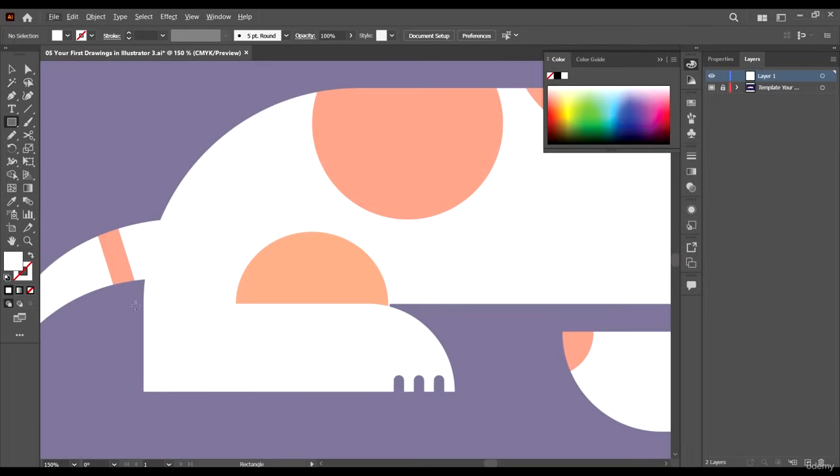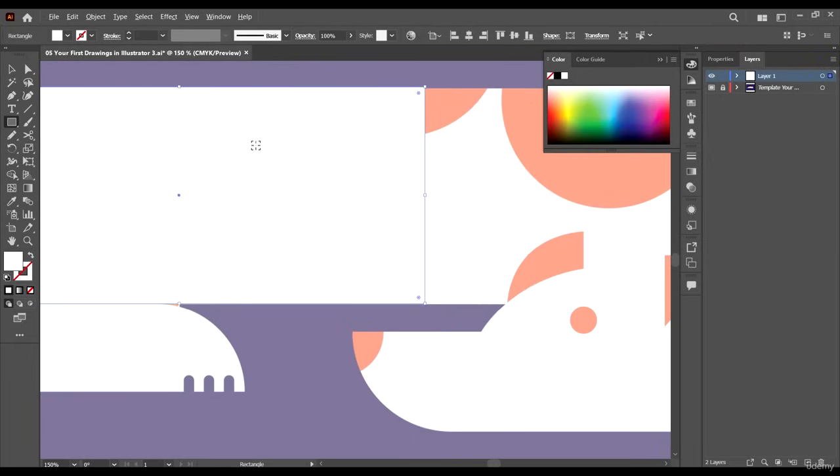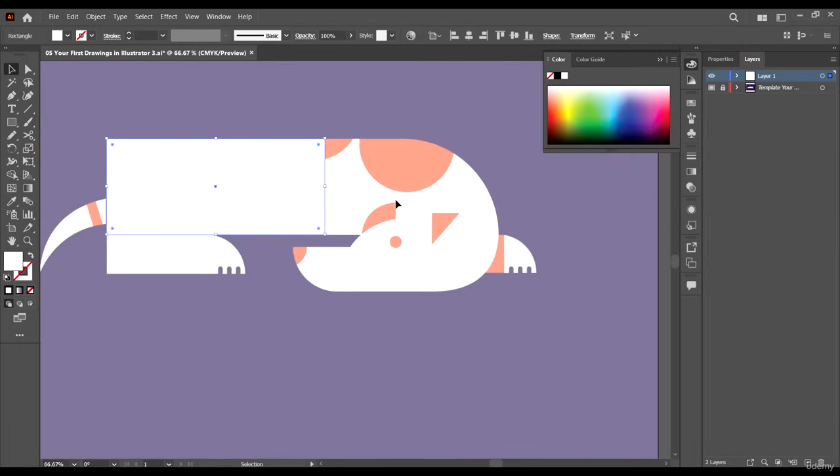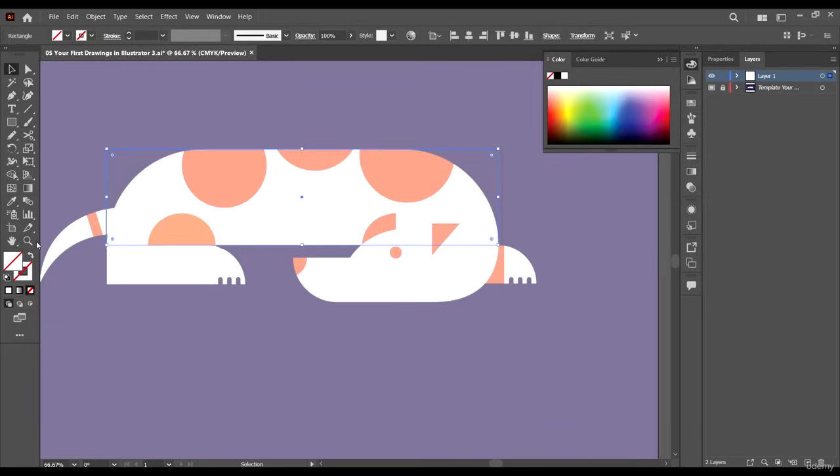Just come to this edge and drag out to this point to create the body. Then let's give this a white stroke.